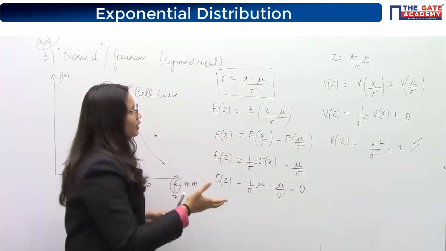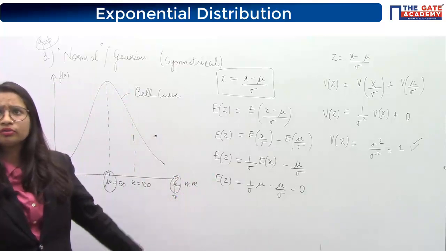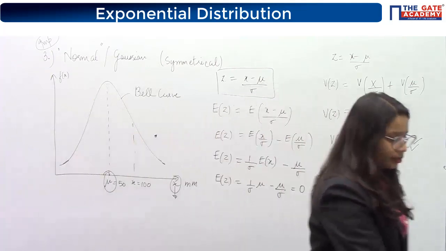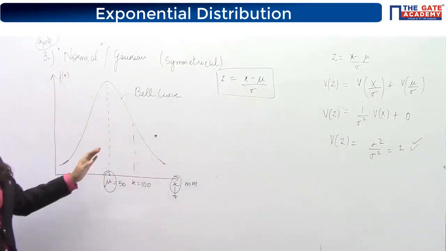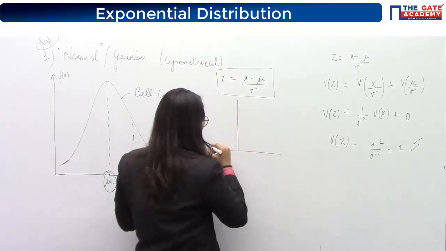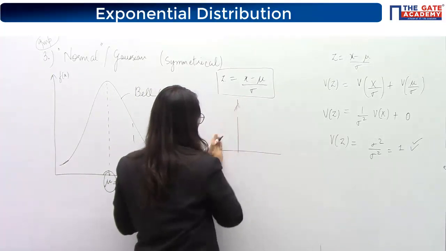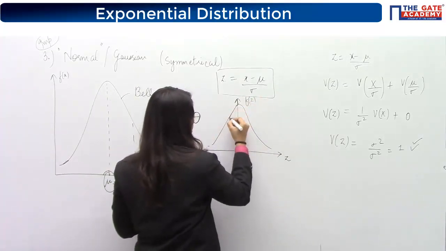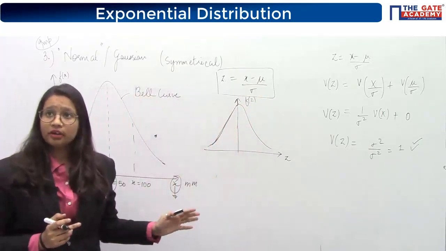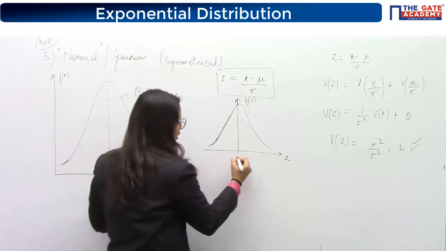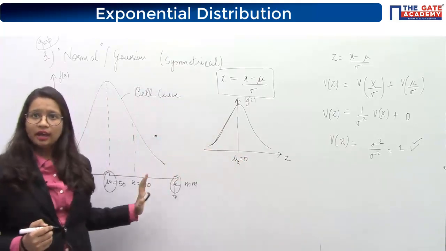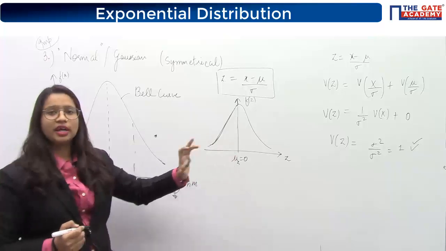Now if I draw this standard normal curve, have you written it down? Write it first so that I can remove that. So tell me what will happen if this curve's mean becomes 0. Will it not be shifted like this? It will still be a bell curve, but it will be shifted such that its mean becomes 0. Mean of z, not of x. X's mean is something different, but mean of z is 0.